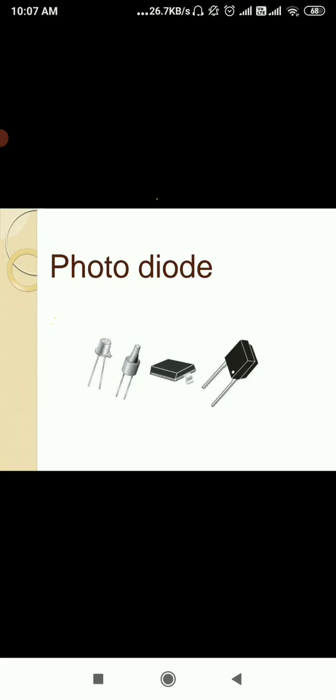So this is, if you see practically, these look like that. It is also a two terminal device, anode and the cathode. Anode is positive, cathode is negative. Now